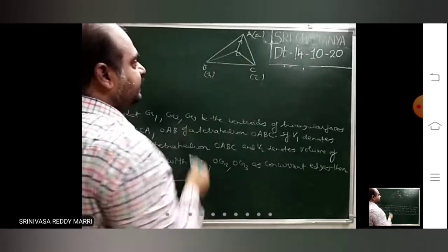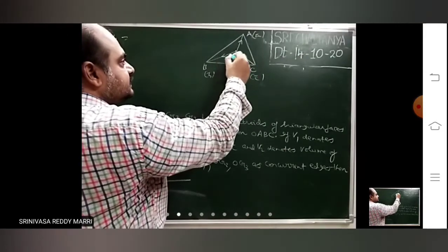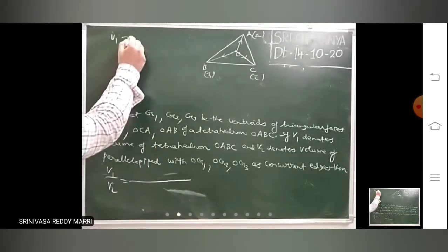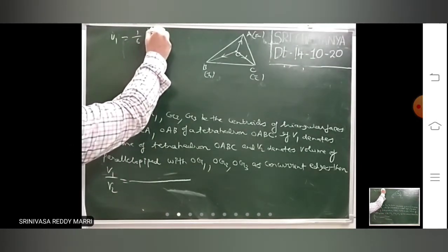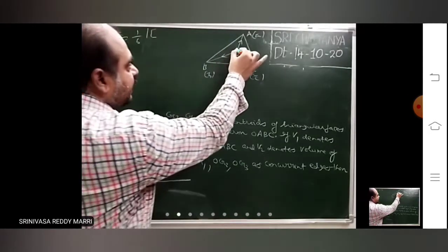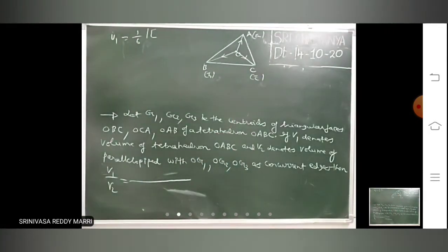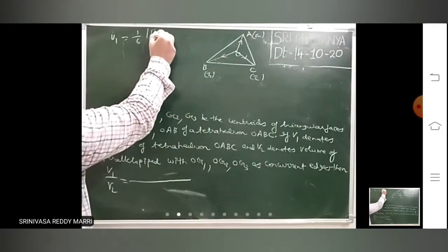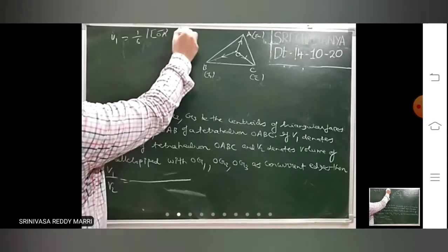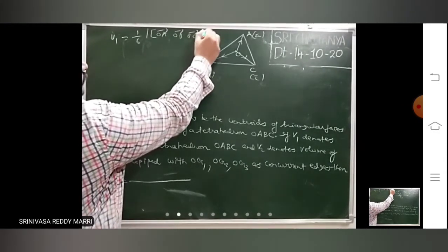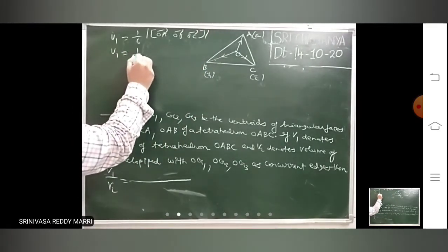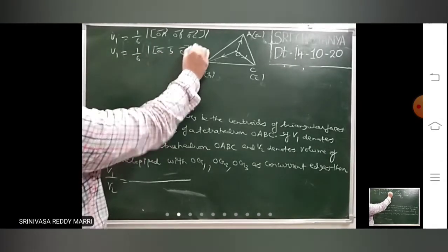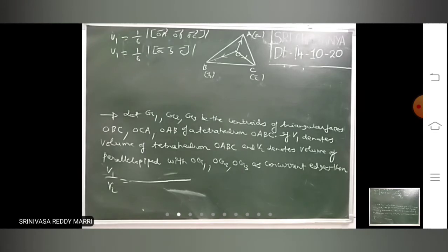Any edges you can take, not only this, any three. Now if you take this, it will be easy because that is A bar, this is B bar, this is C bar. That means volume is 1/6 of modulus of coterminous edges passing through a corner. You can take any three edges. It will be convenient to take OA bar, OB bar, OC bar because that is A bar directly. So therefore V1 is 1/6 into box of A bar, B bar, C bar. That is the tetrahedron volume, that is V1.